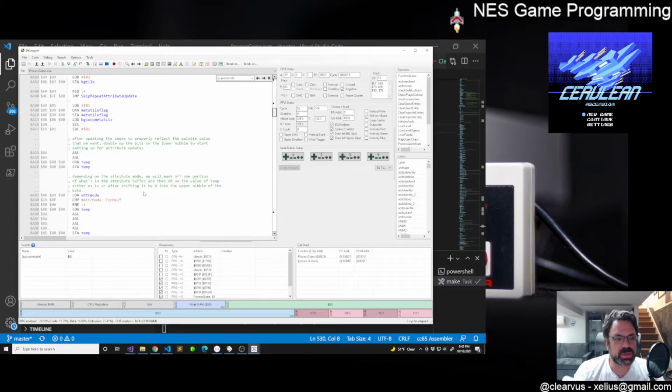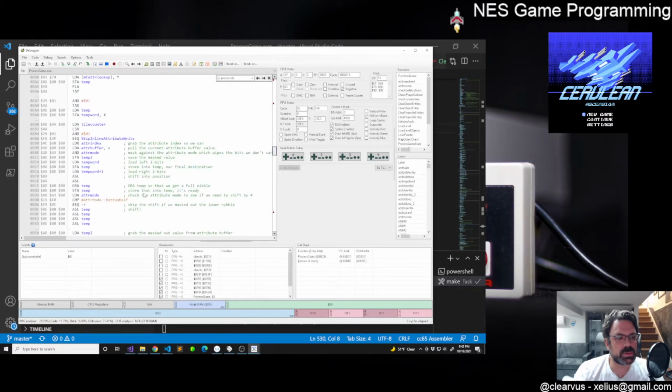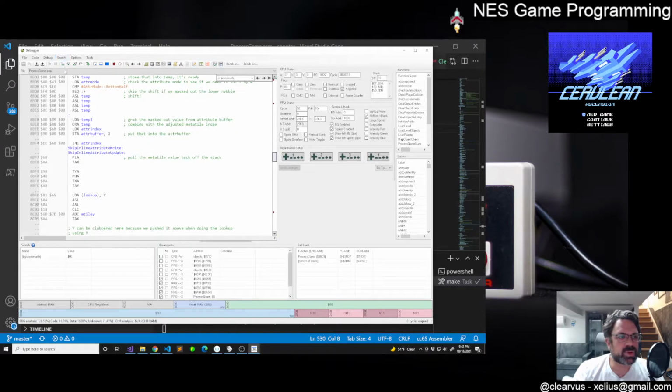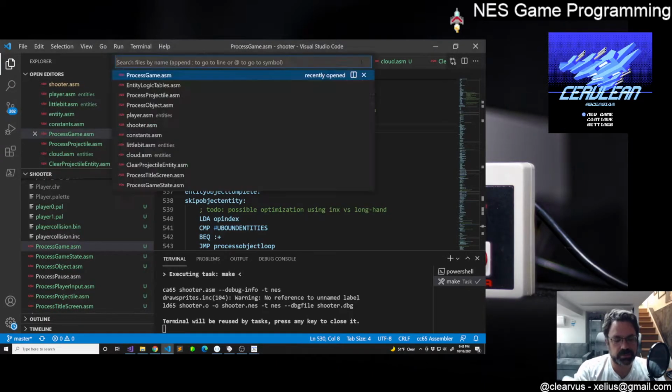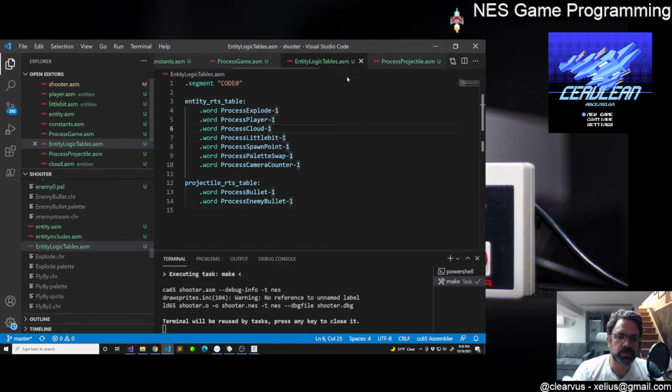Where is the current instruction? Oh wait, we're in process object. So just to confirm, X was 0, so the value we got was 6. 3. 0, 1, 2, 3. So it's a little bit, but that's not right,